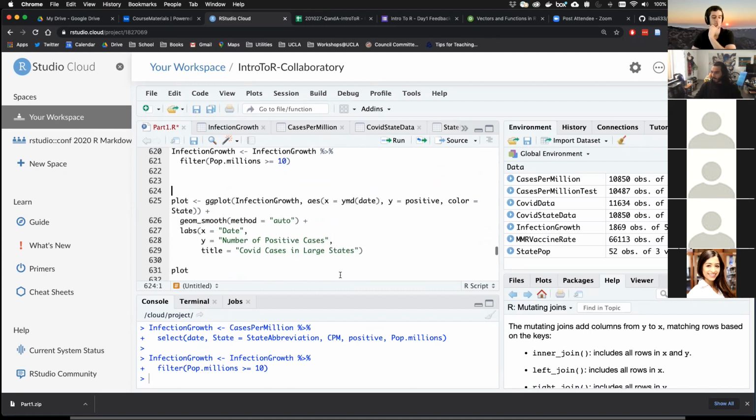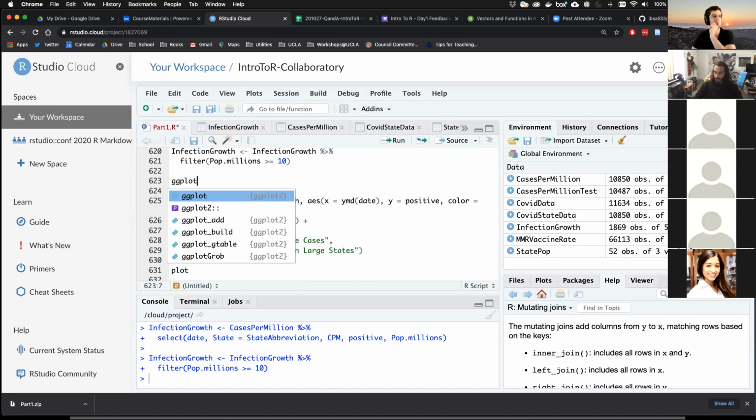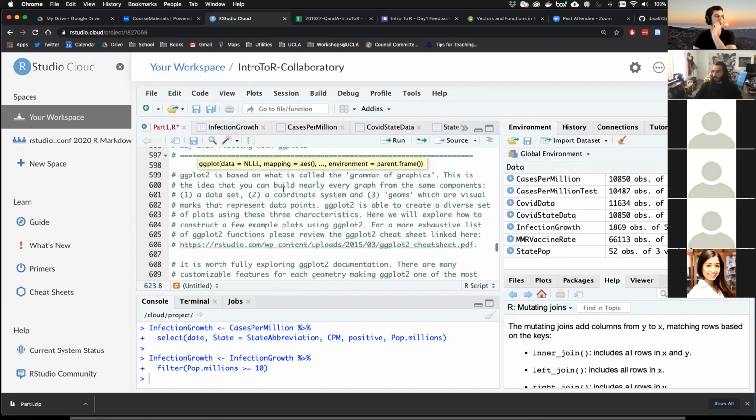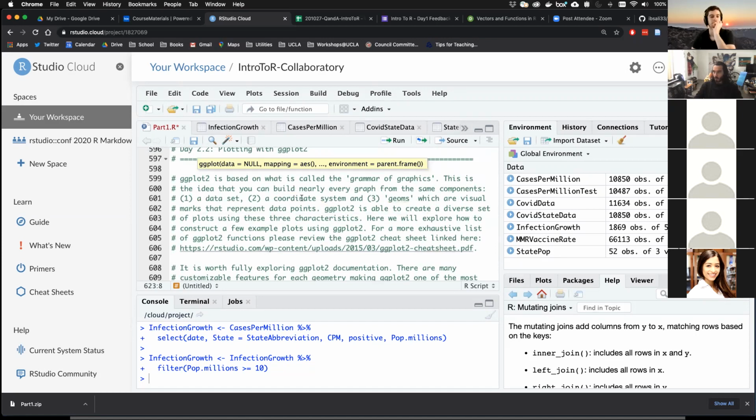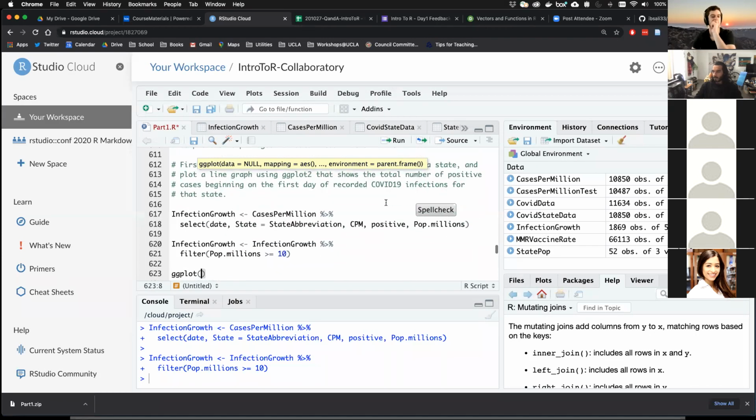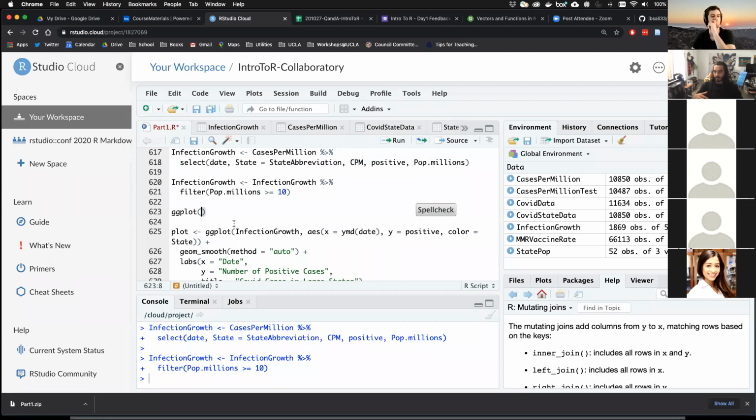Before looking at this in particular, there's a lot of stuff in here that might not be fully clear. For any ggplot command, the way to run it is just by typing ggplot. And as I mentioned earlier, in a ggplot command you need 3 things: the data set, a coordinate system, and geometries. So we're going to add all 3 of these components. The first thing that you list is the data set that you're working with. In this case, it's infection growth. The next thing that you need to define is the